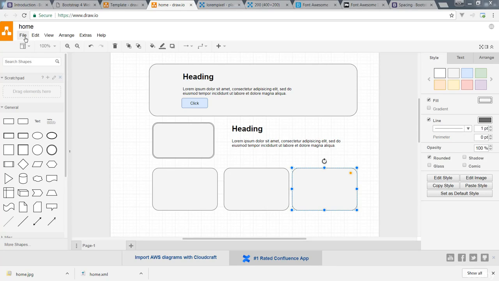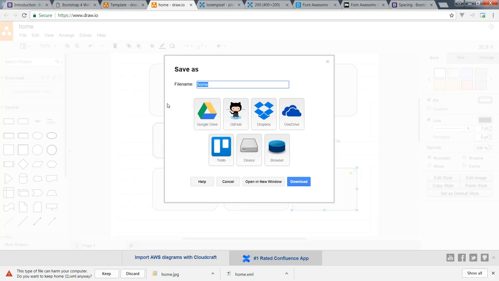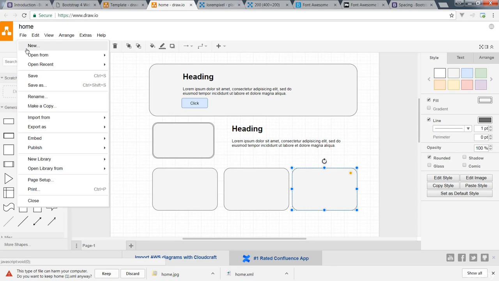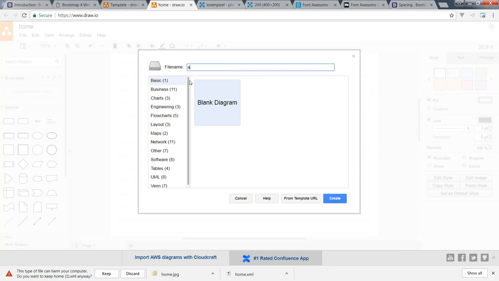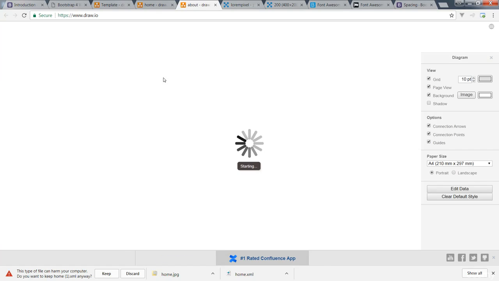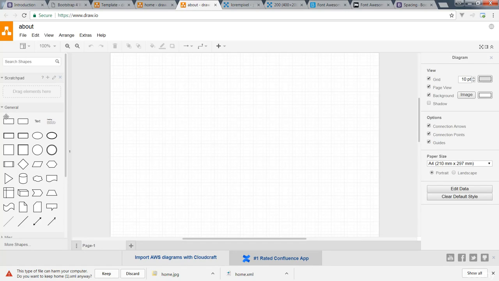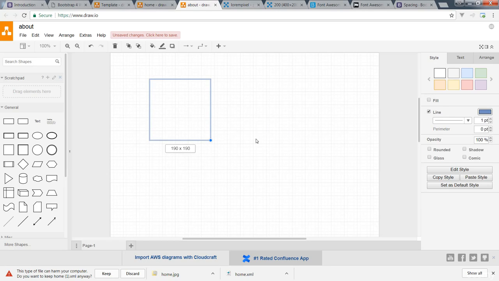So the next thing that we want to do, just as we planned out our home page, we want to plan out, and let's save this as About. Or actually, let's start a brand new page. We're just going to do new, and we're just going to call it About. So it's going to build out a brand new page, and let's plan out what this About page is going to look like. So coming in, maybe we're going to have a nice big image here on the left-hand side